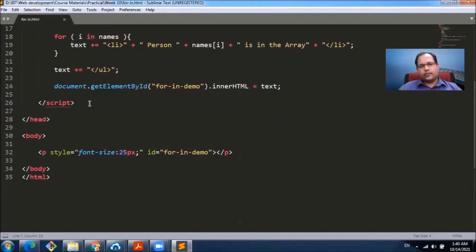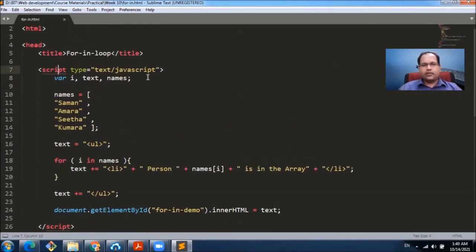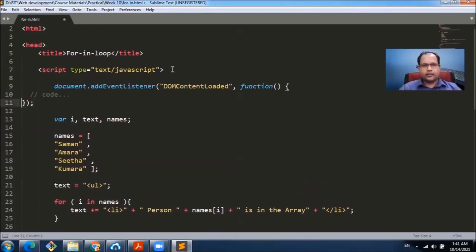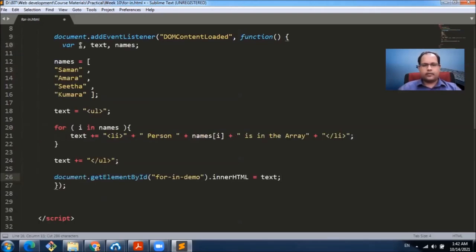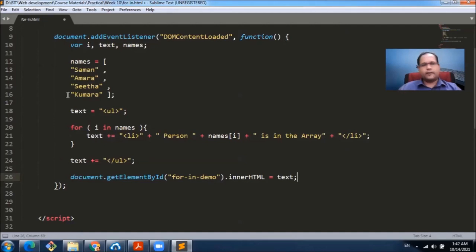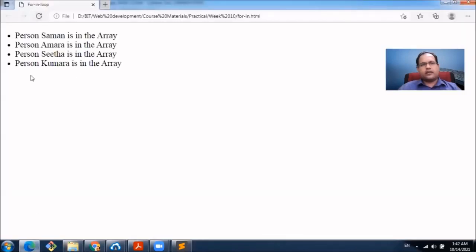If we want to run this after the document gets loaded, we have to use another technique. What we can use is document.addEventListener DOMContentLoaded function, and then we can execute our code. Right. Now let's try that out. Right.